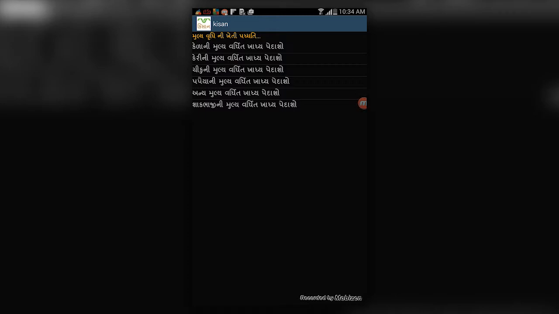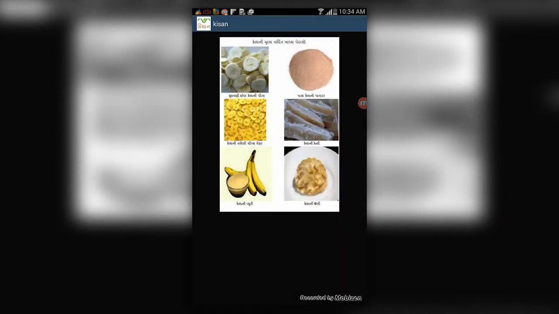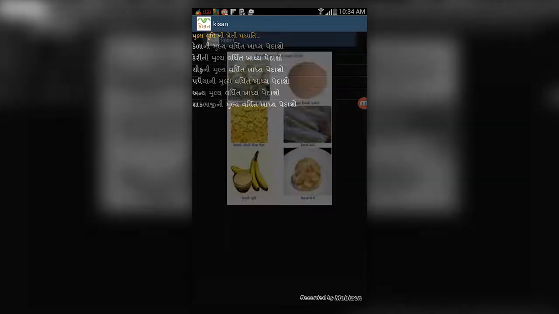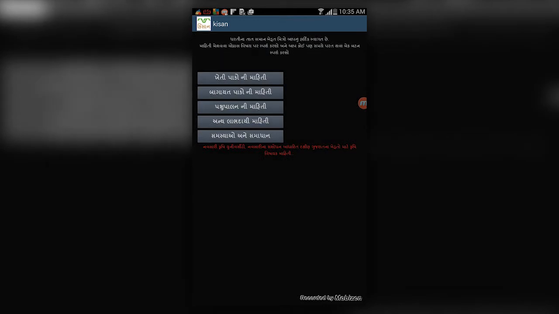In this value addition, the kind of product being marketed has a very good market requirement, and everything is available here. Not only agricultural and horticultural crops, but this app also covers veterinary-related and livestock-related information, because every farmer has some kind of cattle, a buffalo or a cow. Besides that, there is much veterinary-related information.